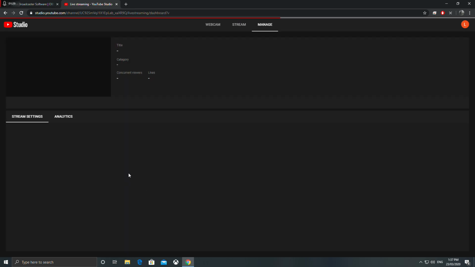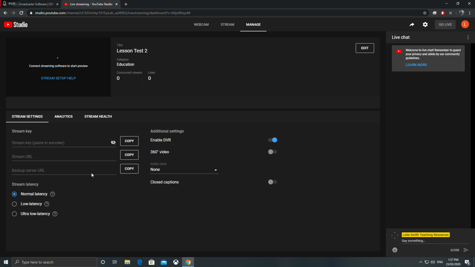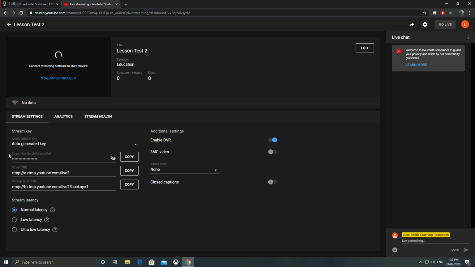From here, what I need to get is this stream key down here and copy that. You don't need to change any of these settings or any of these settings here. Down the bottom here, you will need to change the stream latency. By the way, this will not come up